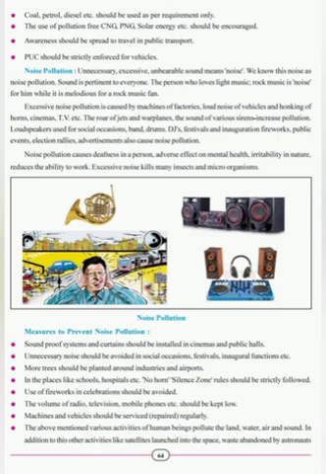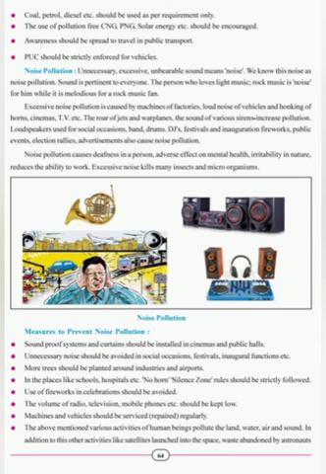Noise pollution. Unnecessary, excessive, unbearable sound means noise. We know this noise as noise pollution. Sound is pertinent to everyone. The person who loves light music, rock music is noise for him, while it is melodious for a rock music fan. Excessive noise pollution is caused by machines of factories, loud noise of vehicles and honking of horns, cinemas, TV,